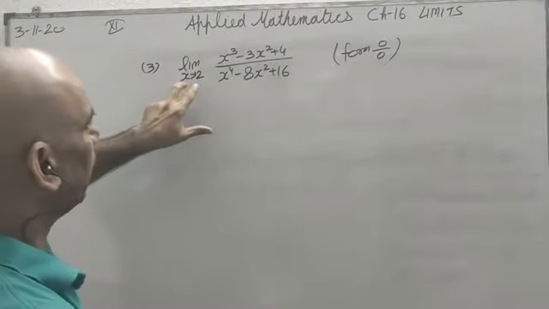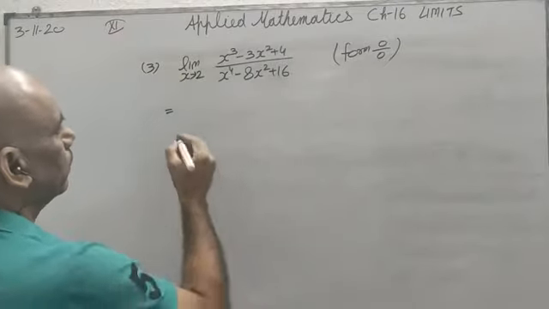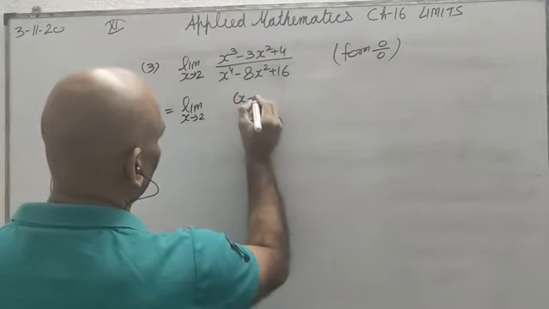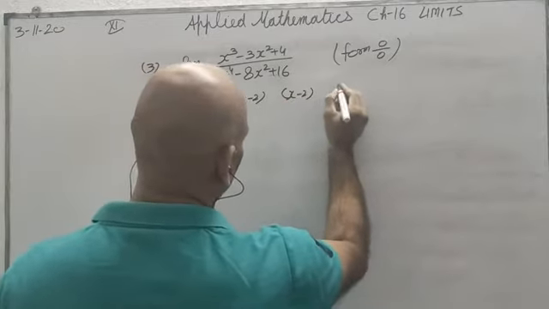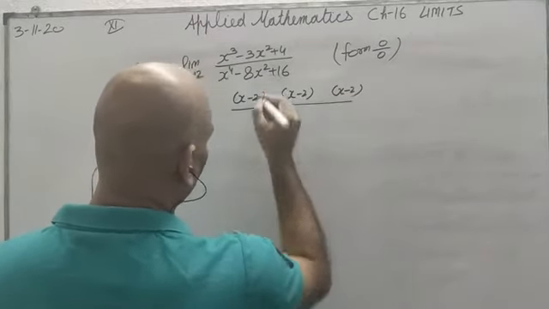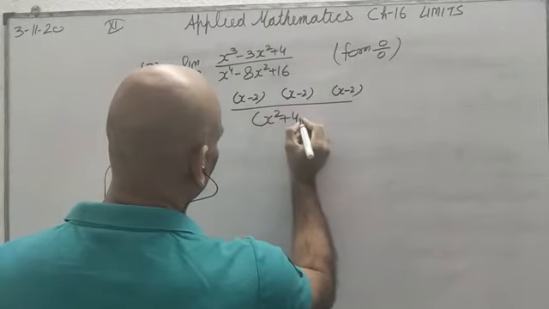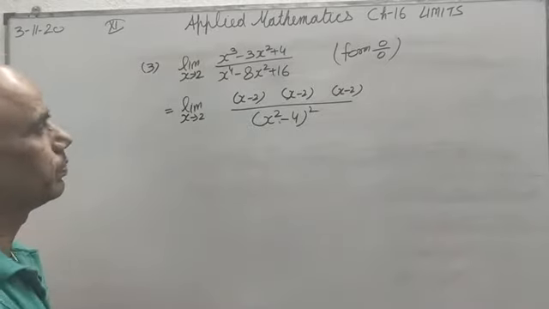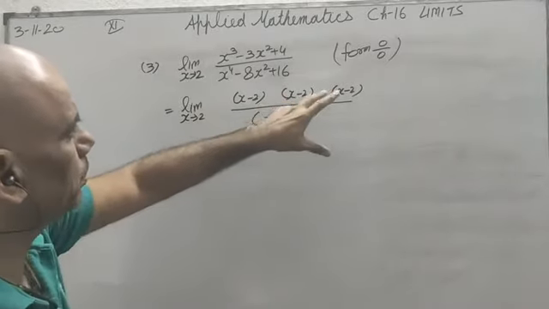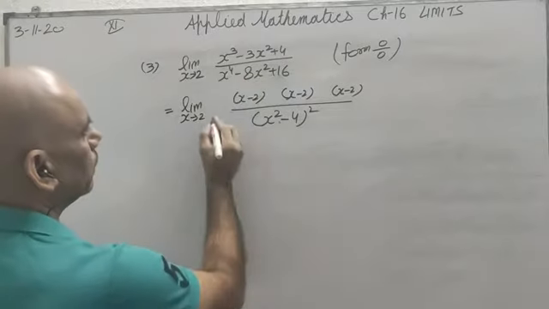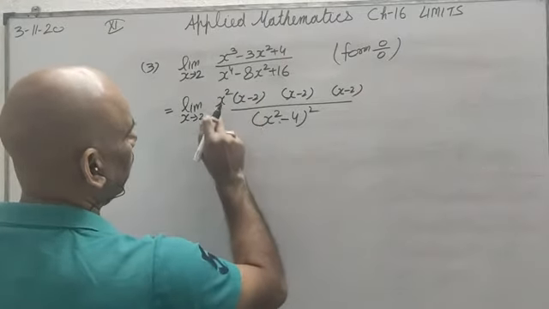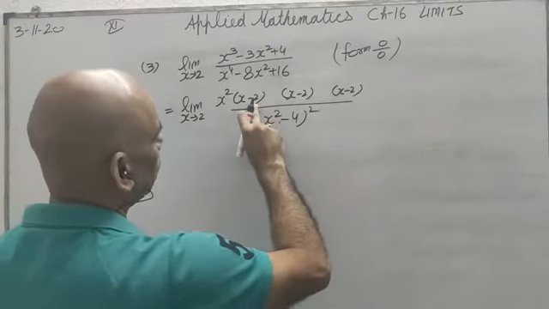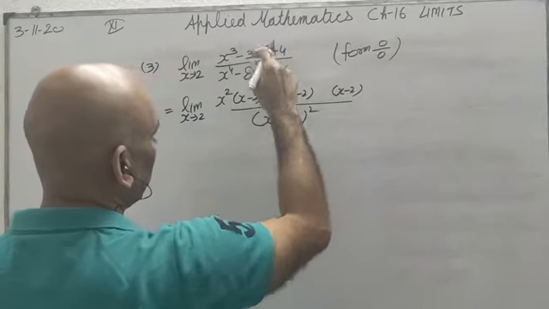Now, as I told you, x minus 2 will be a factor of it. For a cubic polynomial, it will help us. x minus 2 is one of the factors. And at the bottom, it is x square minus 4 whole square. Now, what I am going to do? I am going to adjust it. This is x square. So x square into x is x cube. I got minus 2x square. But what I want is minus 3x square.